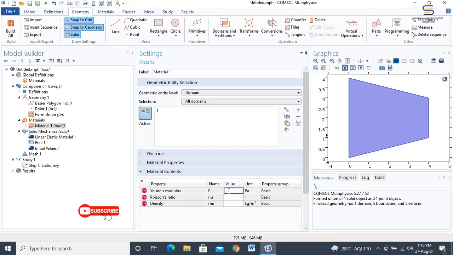For E, 210 GPa. For Poisson ratio, 0.3. For density, 7000 kg per meter cube.